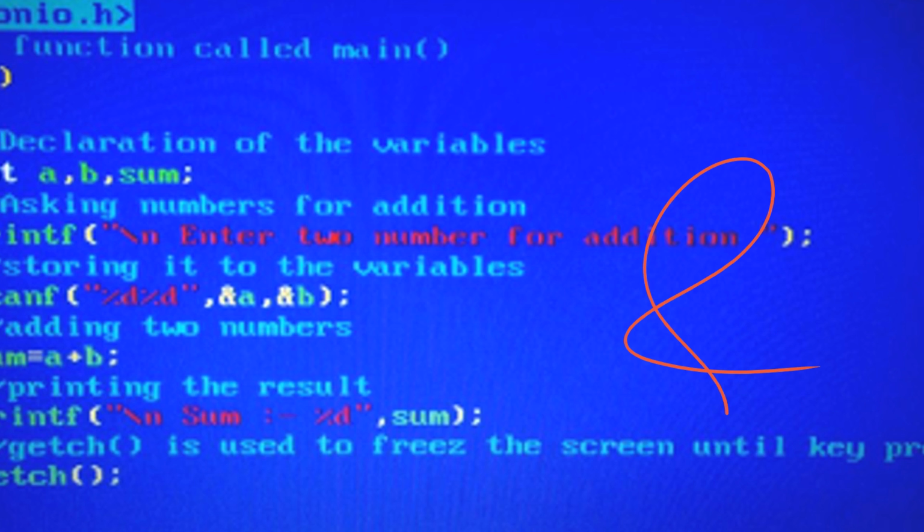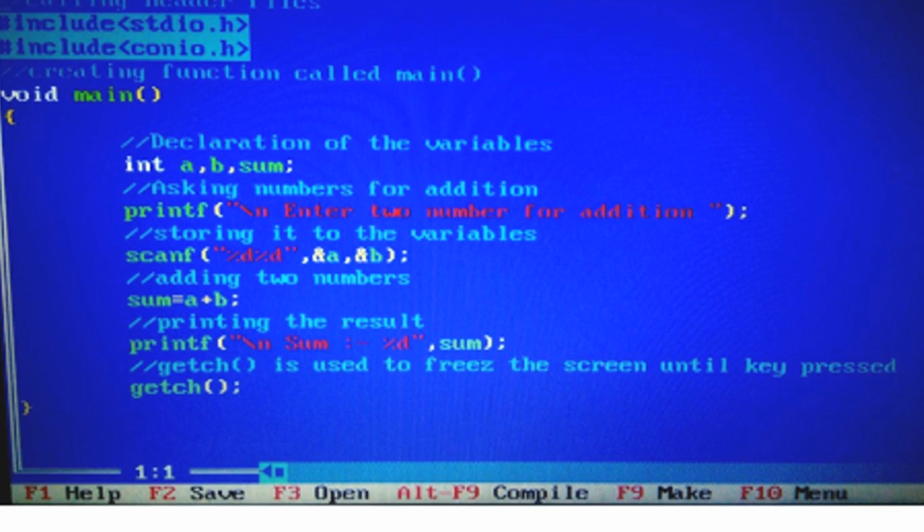It's quite simple. Now, as I told you, I cover the topic of data types: what are data types, what are the types of data types, which data types should be used, and what operations we can perform on data types.